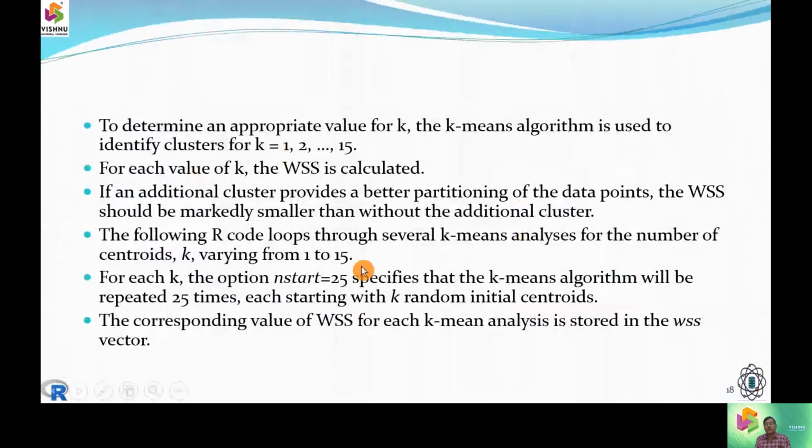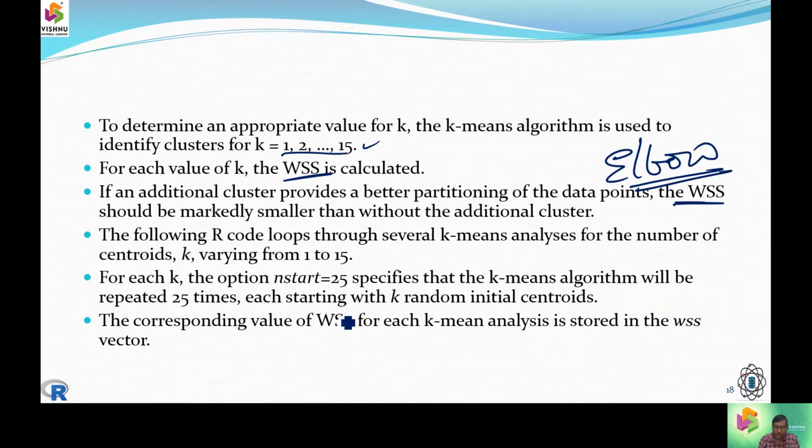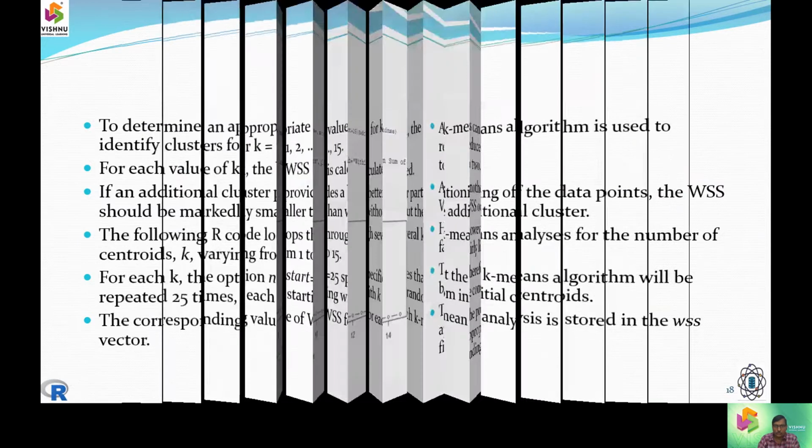The next thing is how we have to determine the number of clusters. Clusters can be 1, it can be 2, it can be 15. So how am I going to calculate? I calculate with the within-cluster sum of squares, WSS, with a model called elbow. By default we are going to give the number of iterations this algorithm should go, and we take 25.